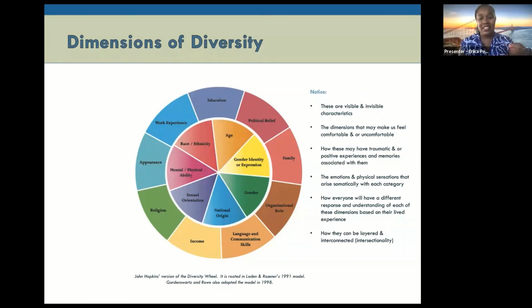My experience and all of those different layerings create a different lived experience for me, as opposed to someone who might be a white male around the same age that doesn't have any type of mental or physical impediments, and that's as high in the organization as